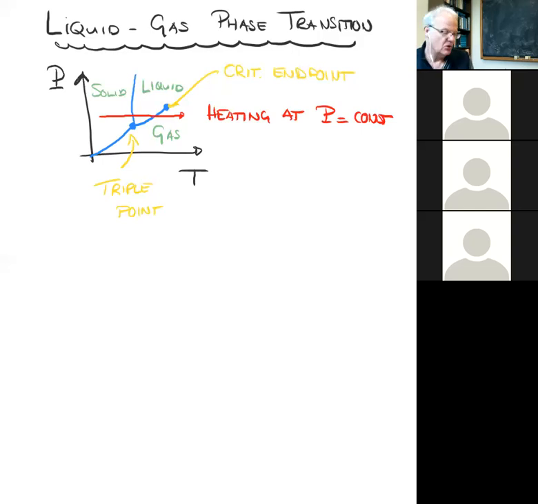Okay. So why am I talking about this? The reason is that the vicinity of this point is loosely analogous, actually more than loosely analogous, as we'll eventually see, to what happens in the Ising model. So roughly speaking, you can take the neighborhood of this critical endpoint and kind of blow it up.